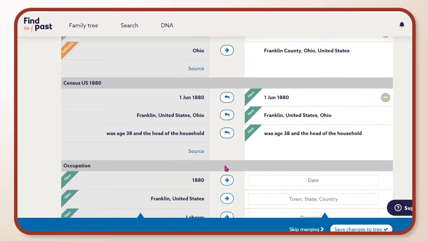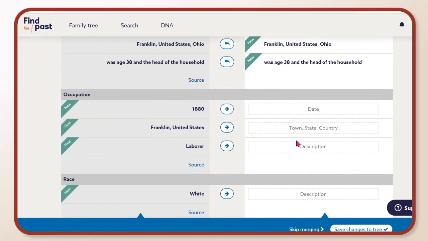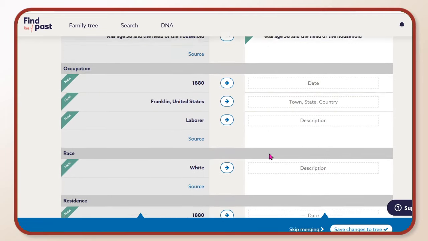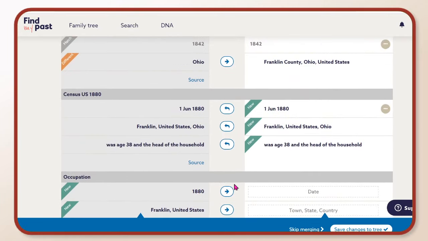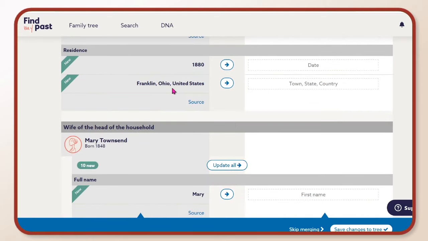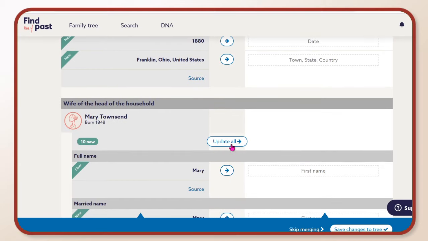They did the math for you and told me his role in the household. The occupation, you can decide whether to bring that over now. His race, you can decide. His residence. For me, I'm going to go ahead and just take this census information and ignore the residence information. It's a personal preference for you. So one of the things I can do is